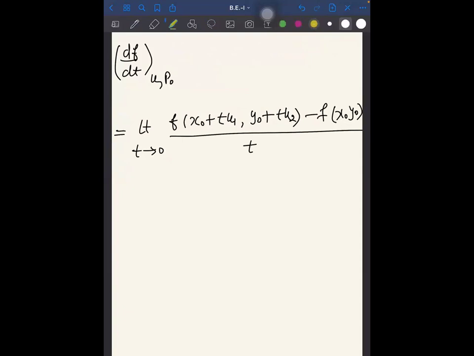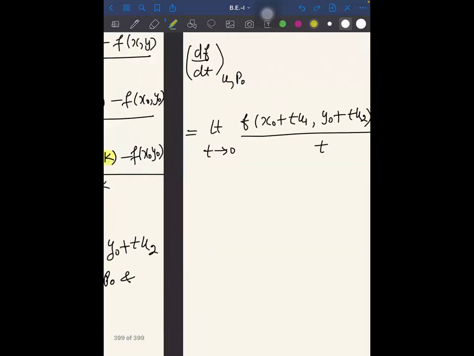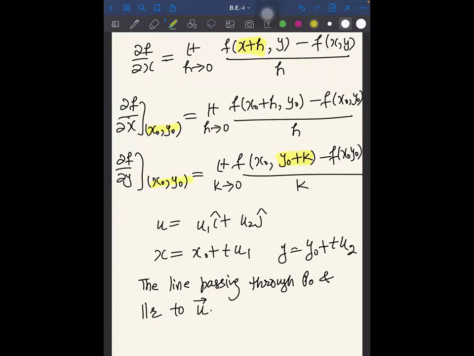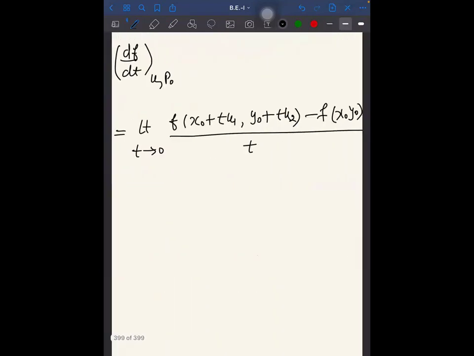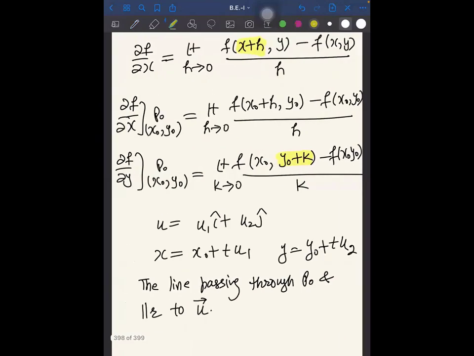Yes, sir. So why am I not taking the u over here? See, I've taken the u over here, but I'm not mentioning any u over here. Why? Of course, I'm mentioning the point. See, this is the p naught point, right? So I'm getting that partial derivative with respect to x or with respect to y at p naught point, and the same p naught point I've also mentioned over here as well. But here I'm also mentioning the direction, but here I'm not mentioning the direction. Why? Can anybody tell? Very simple reason.